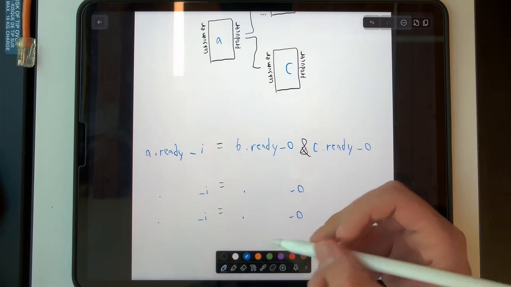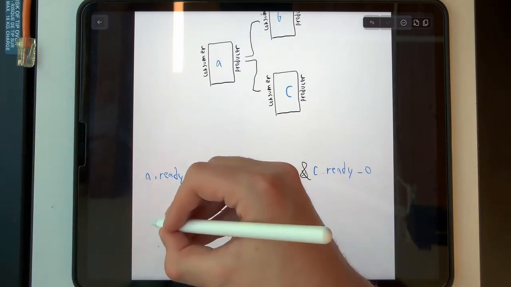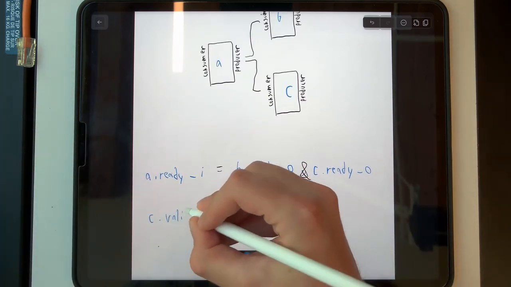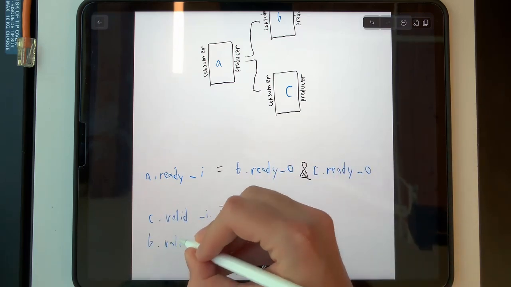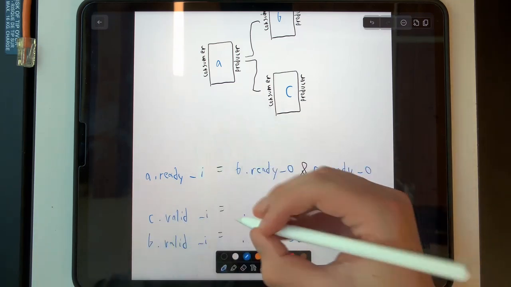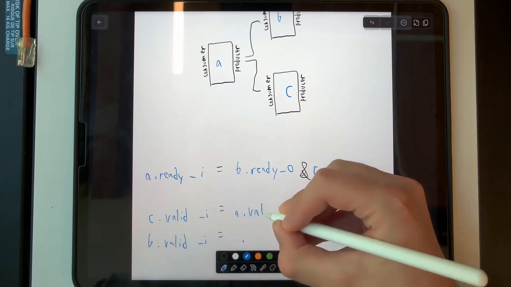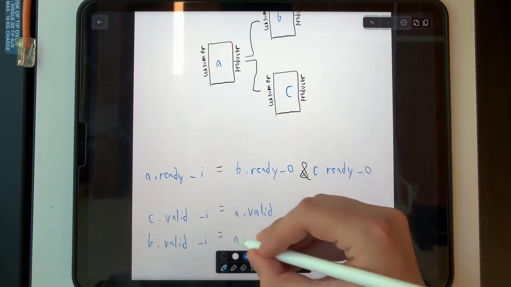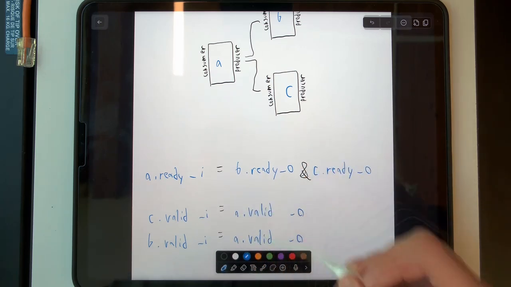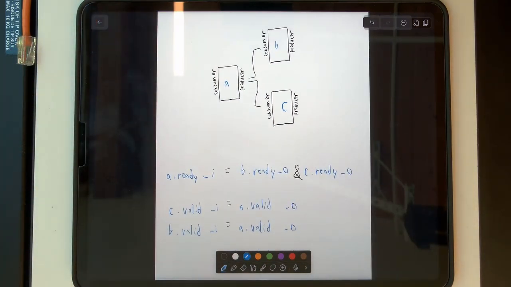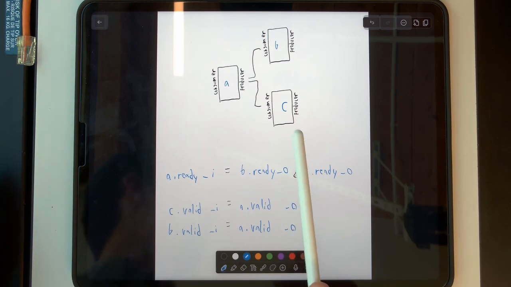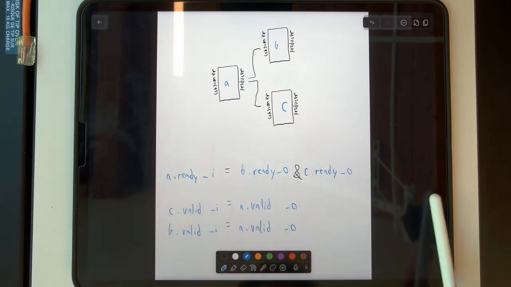Okay, let's see. So this will be B valid, or that's okay. B valid is equal to A valid. Yep. Excellent. So therefore, if we have maybe a longer chain of this, or